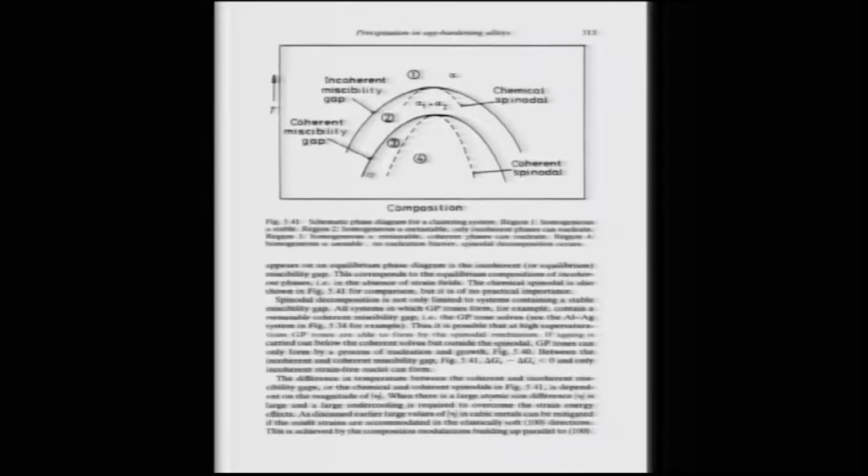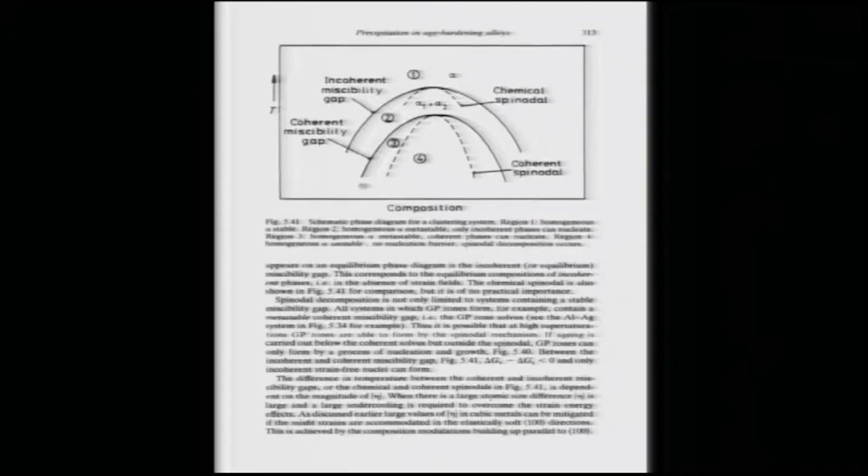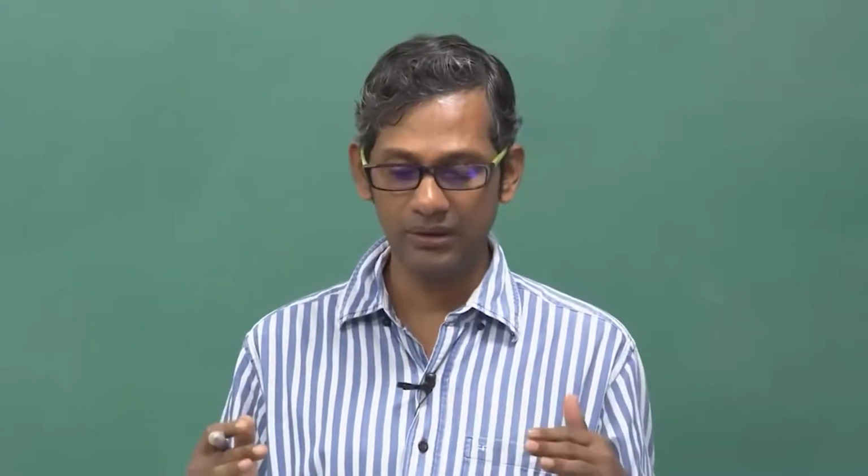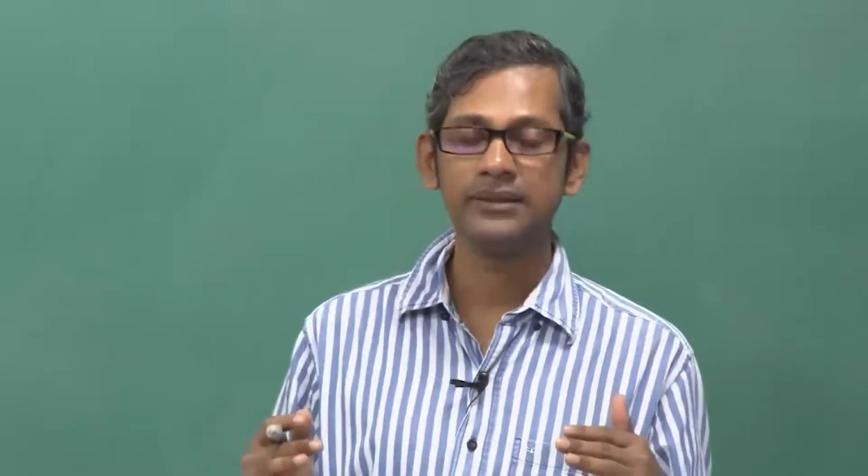As you see here, this is the chemical spinodal, and within the chemical spinodal you have a coherent spinodal. These solid lines are the incoherent miscibility gap and the coherent miscibility gap. Spinodal decomposition leads to all kinds of lines in the phase diagrams, but you do not need to remember everything. You only need to remember the miscibility gap, that is defined by the dome, and within the dome you have something known as the chemical spinodal, and that chemical spinodal is given by the condition